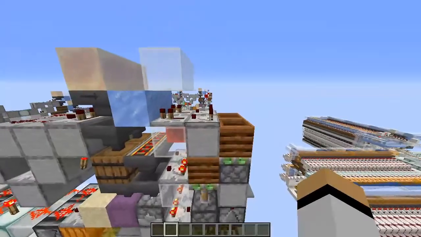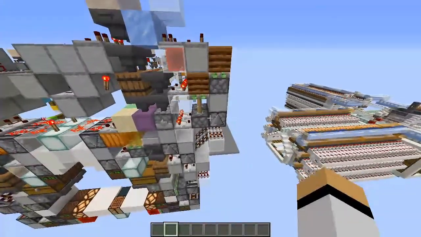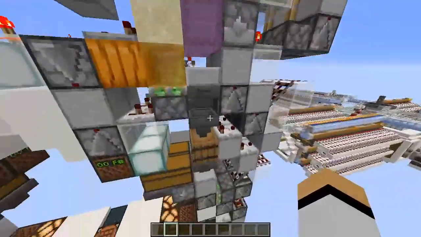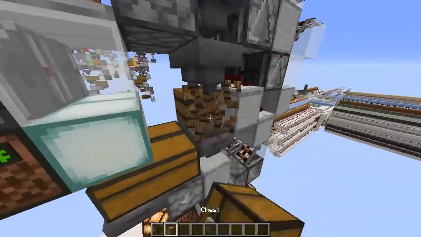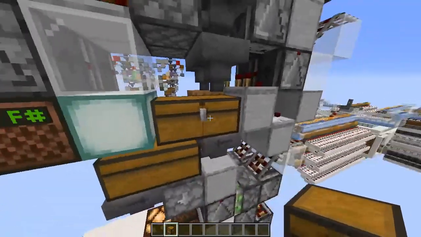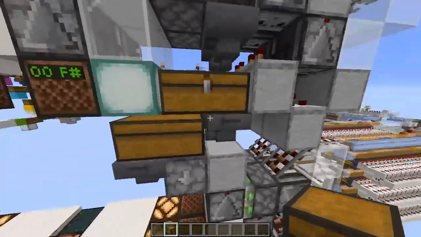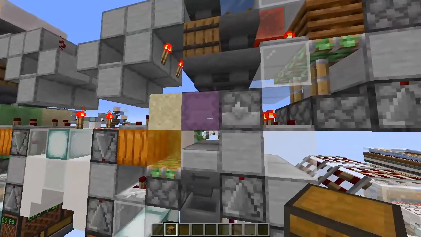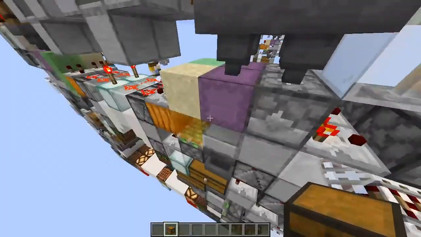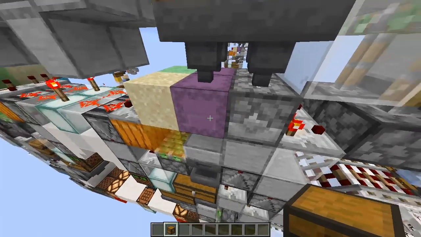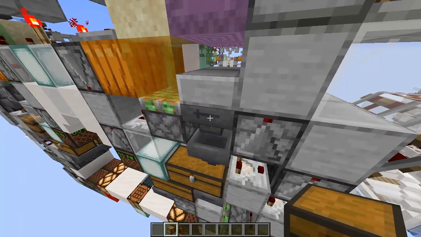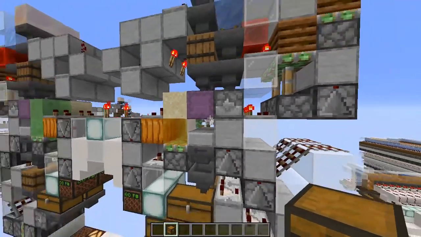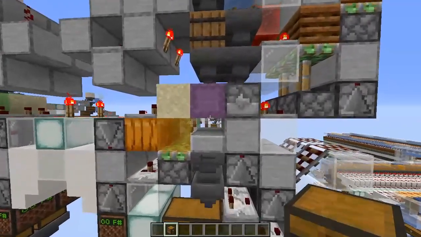But this is actually unnecessary. I first did this because I thought if I didn't do this, I would actually have a shulker box or a double chest here. So if all these two double chests and these hoppers here got full of shulker boxes, what would happen is the next shulker box that gets full would break, and this hopper would be full of shulker box, and I wouldn't pick this shulker box. That's what I thought, but actually that will never happen,